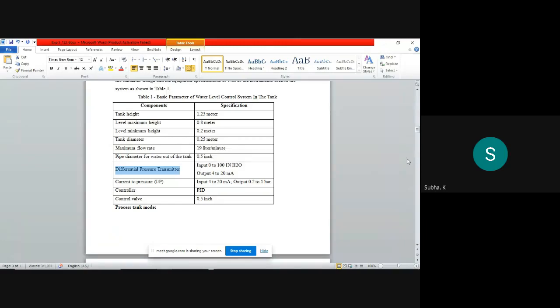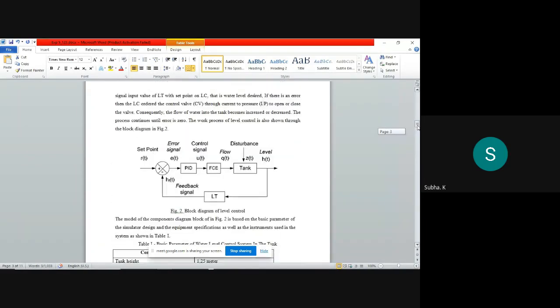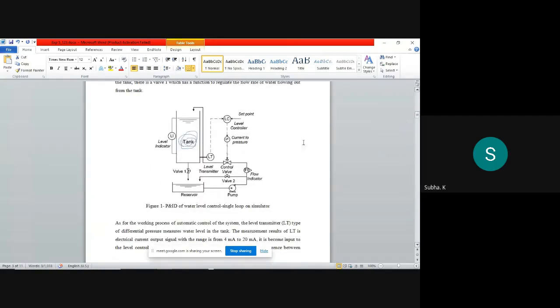Then that signal will be fed back. The level is sensed by this level transmitter, and it is fed back to the error detector. Are you able to see the control? The level is sensed by means of the level transmitter. The pressure difference because of the water's presence will be converted into an equivalent electrical signal, and it will be fed to the error detector. And the control elements are nothing but the valve arrangement. There is a valve arrangement, a control valve. I think all are able to see there is a control valve there.